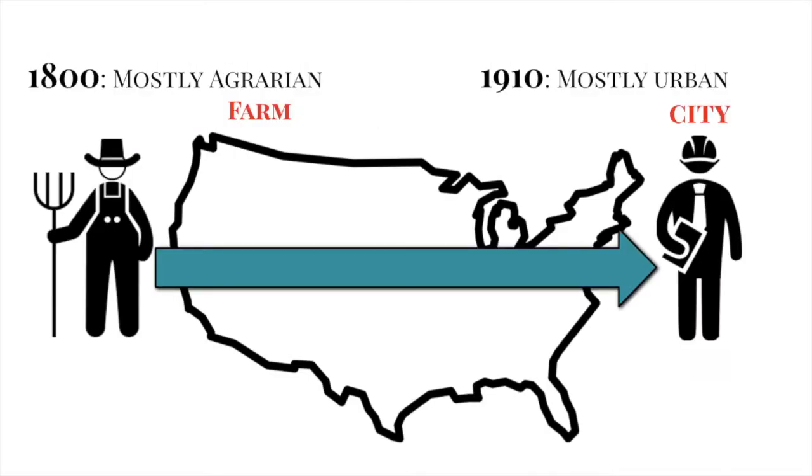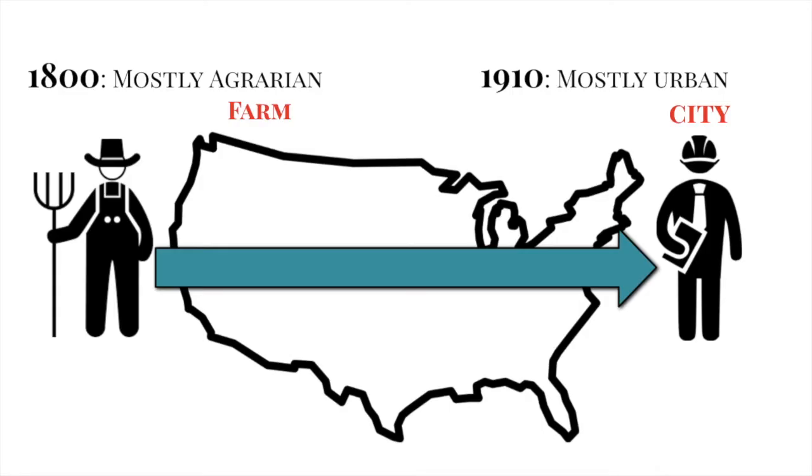So let's focus on this idea of moving from an agrarian society to an urban society. Agrarian, of course, means people live out on farm areas and farmlands. They grow their own food, they produce most of their own things, or they trade with local people. In the 1800s, most Americans lived this type of agrarian lifestyle, with the majority of the population living on farms. By 1910, though, the population is going to shift significantly as we see a mass movement of people living in a mostly urban environment.